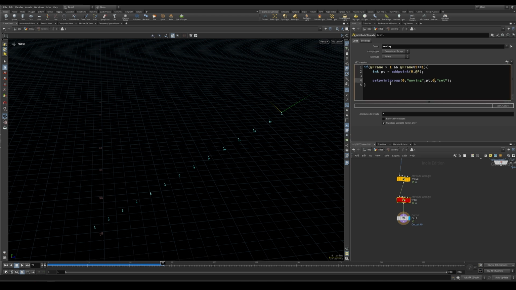So basically this set point group, which is acting on the new point, will be set to 1. So we are adding that point to the group, and we want to copy and paste this line. And for the current point number at ptnum, we want to set this to 0. But now, if we play it, they will stop after the first point, because the downside of doing it like this